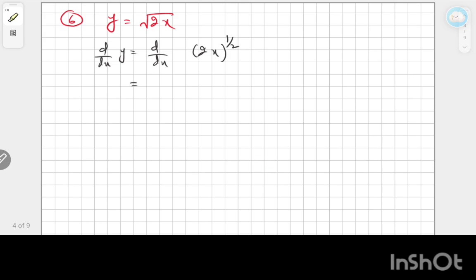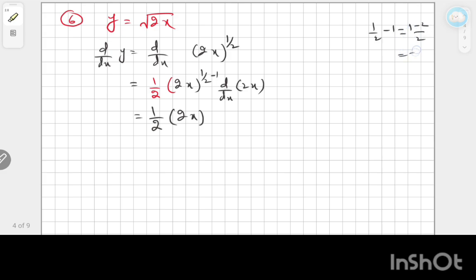Now the actual concept is that the power will be moved to the start, it will be 1 by 2, then (2x) power 1 by 2, and 1 will be subtracted, because the concept is just that the power goes to the start. After the power goes to the start, there is one subtraction in the power, then we have to take the derivative without the power term, which is 2x. Okay, now 1 by 2 times (2x) power 1 by 2 minus 1. 1 by 2 minus 1 is 1 minus 2 by 2, so we get minus 1 by 2, and the derivative of 2x is 2. Okay, very simple. 2 and 2 cancel with each other. We got the answer: (2x) power minus 1 by 2. If we simplify more, the power will become positive here. Hopefully, dear student,